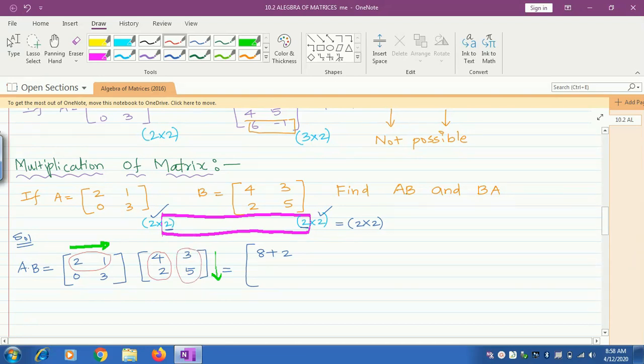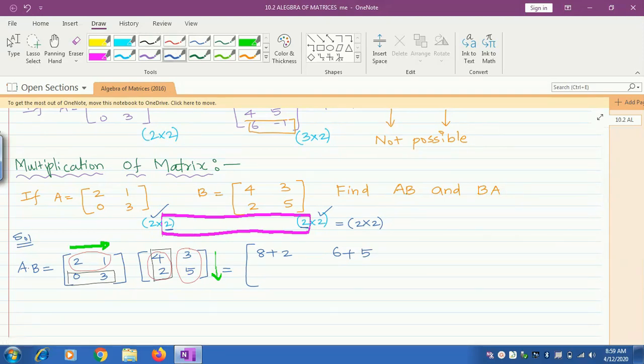What is another column? You will have here 2 into 3, which is 6, plus 1 into 5, which is 5. This first one is over. The next one I have to multiply with the second one. So first row is over. Now you have to take the second row and multiply with each column. So what happened here? If I multiply this with this again,